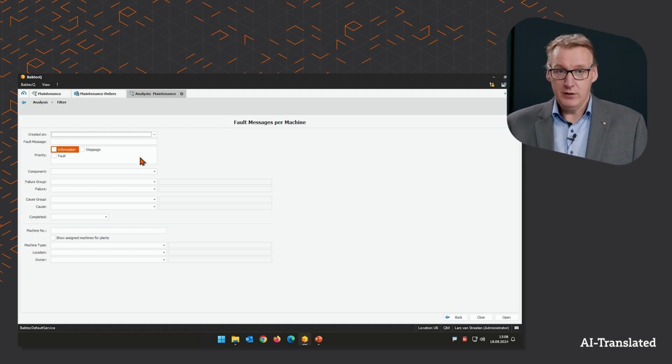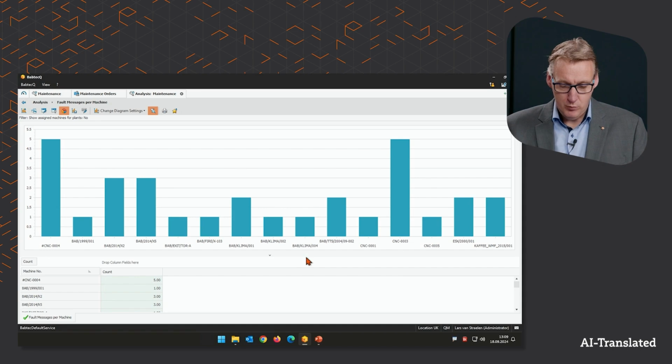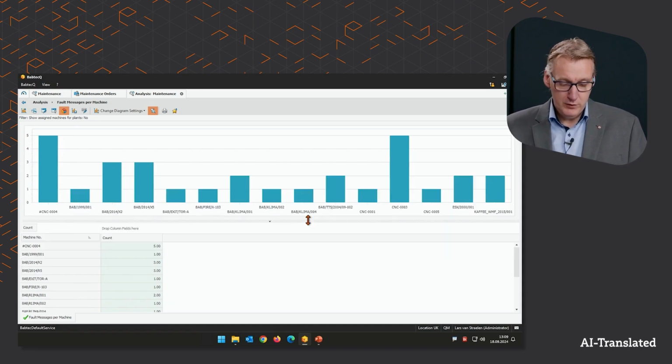Which of the data stored in the SQL database should be used? So, a filter function, in case I say please only show fault reports that correspond to a certain priority or were recorded only in the last 6 months, or I'm not doing it now. I just click on open and all the data I have here will be pulled from the database and a standard evaluation will be opened.